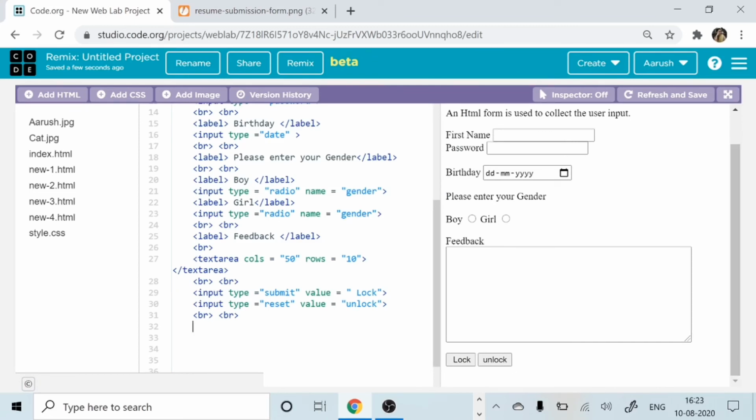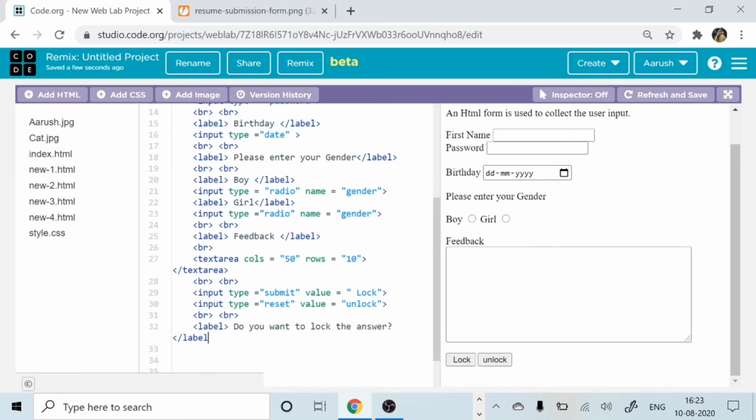So it's break, and then we'll put the same thing, label here, and we will say, do you want to, we can say, lock the answer. Yes, that's what we are asking, the question form.